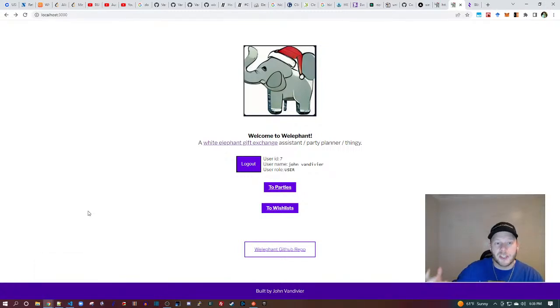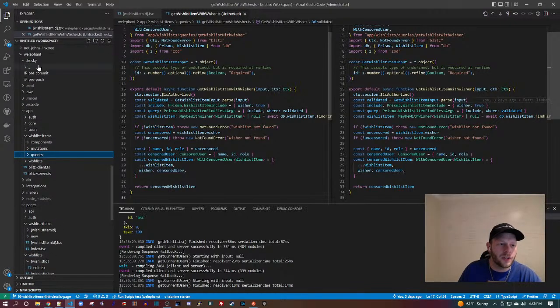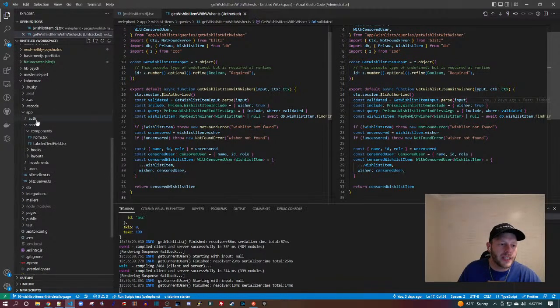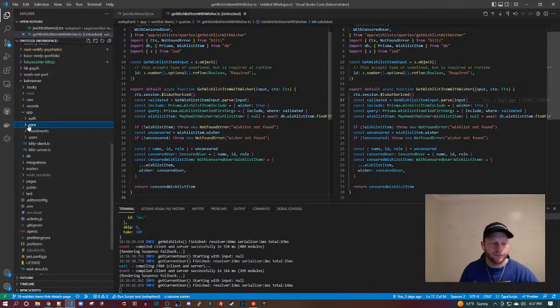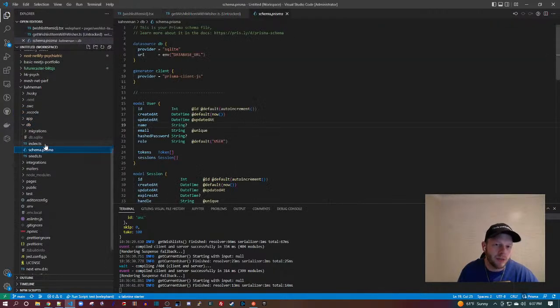How would you be able to see the parties? Well, parties need to exist. So right now, they don't even exist in the database. There are different ways you could attack this. You could mock up the screen and do the data last. I'm going to do the data in the UI all in one shot because that's what the Blitz framework enables. So I need to find my schema file. It's going to be under DB, schema, Prisma.